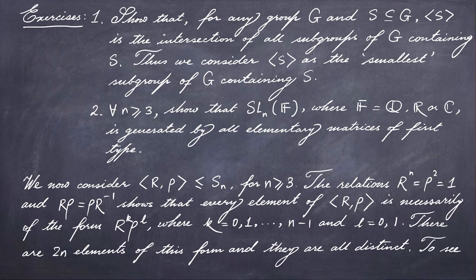The similar thing happens also in the general situation, when S is any arbitrary subset of G. The subgroup generated by S is the intersection of all subgroups of G containing S, and thus we can regard this subgroup as the smallest subgroup of G containing S. I would like to remind you that here the smallest is not in the sense of having fewer elements,